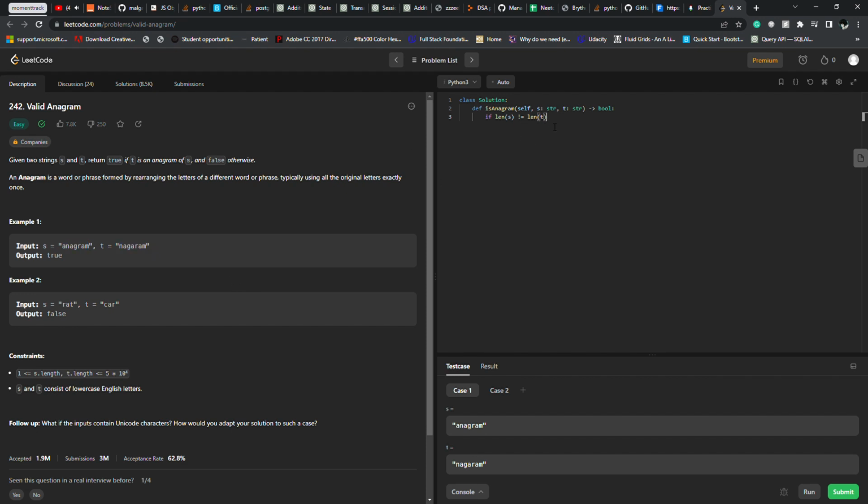That's why we do this check, to quickly eliminate those that are not anagrams at all right off the bat. So if the length of s is not equal to the length of t, then we can return